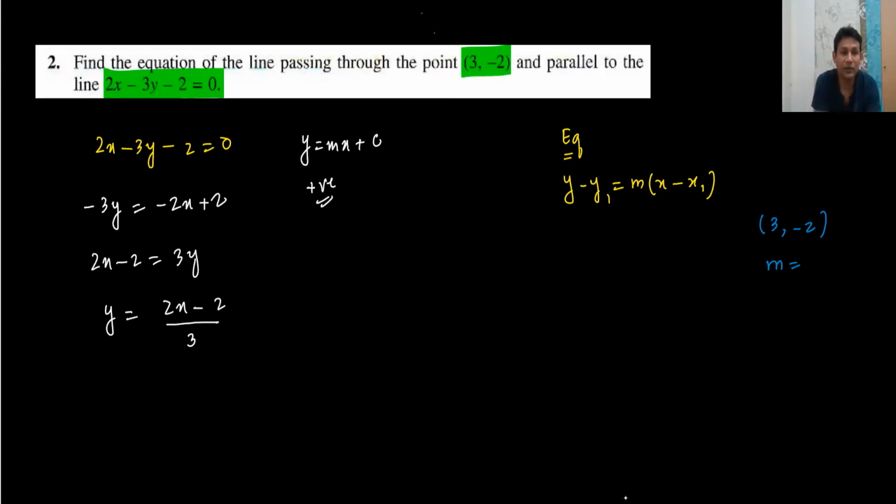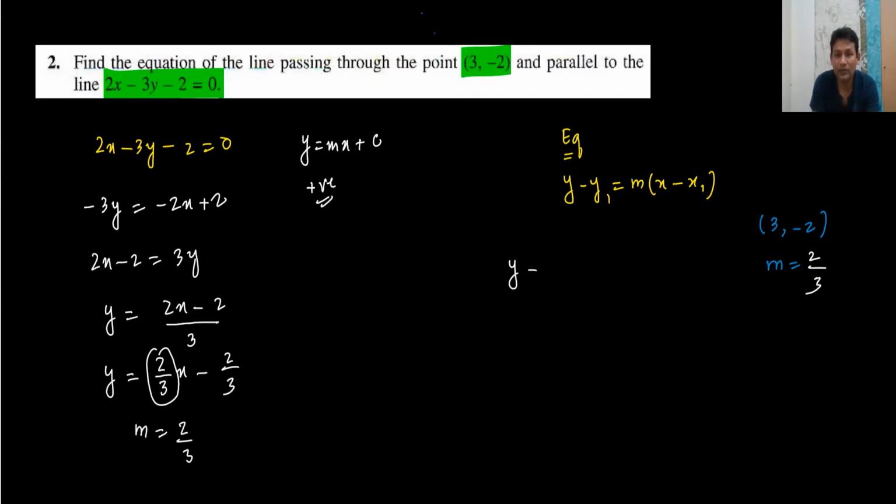Still we need to do one thing. The 3 will divide both the 2x and also the 2. So now what's the gradient? The form is y equals mx plus c, so m is coming 2 upon 3. So we can write the gradient is 2 upon 3 now, and we can find the equation: y minus -2, which will become plus 2,